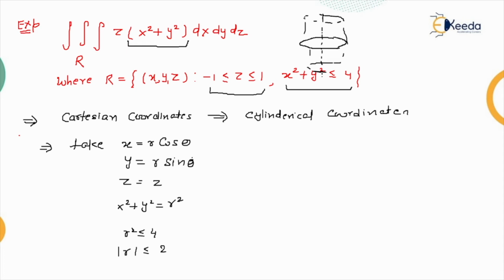And one other thing is given to you, that z is equal to z. It means the z is having no effect. Okay, so what will be the limit? First of all, you need to see that the r was given to you, having the three coordinates, where one was x, one was y, and one was z. These are known as Cartesian coordinates, and in these coordinates the limit of z was -1 to 1, that was given to you. And what about x and y? That is also given to you, that is x square plus y square less than or equal to 4. That was our previous limit.